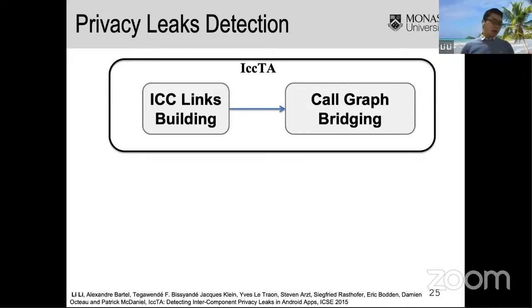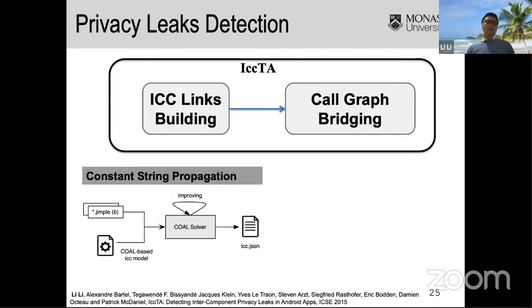We have hence extended Droid to implement a tool called ICTA, which takes mainly 2 modules to achieve the purpose, by first inferring the possible intercomponent communication links in the Android apps. We achieve this by performing the backward constant propagation analysis to find all the possible values specifying how the ICC communication is done here.